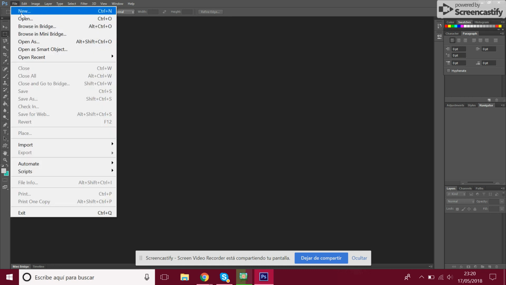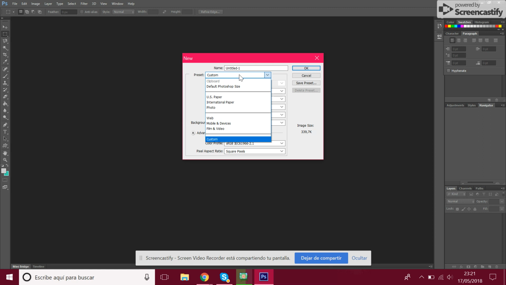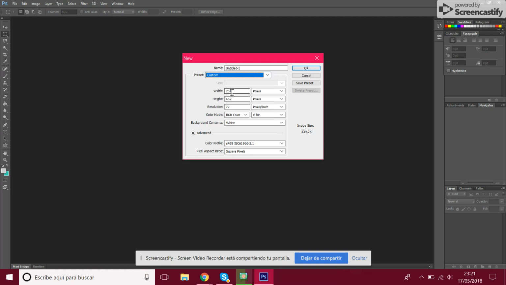So we're going to make a sample of a banner. We go to File, then to New, and it will give us several, let's say, board options. You have US paper, international paper, photo, or you can just create your custom size. For example, if we know the exact size that we need to use for Facebook banners, we go to custom and we put, I don't know, 750 by 500,